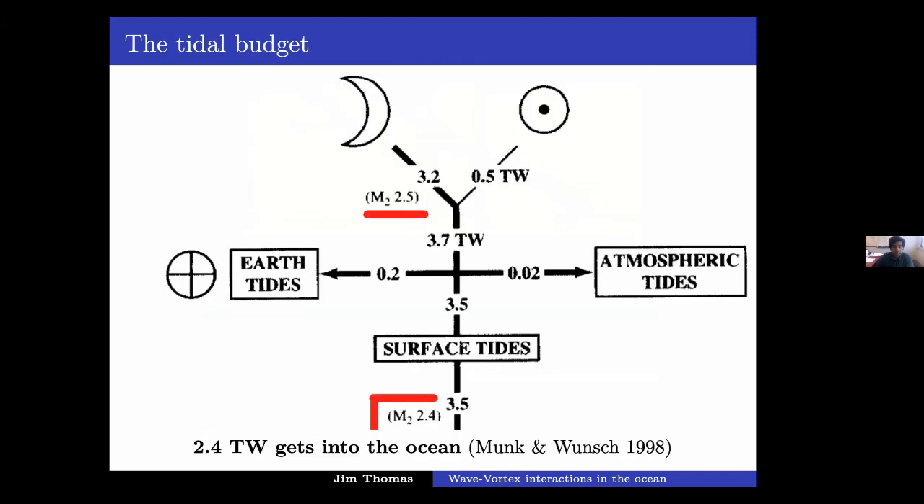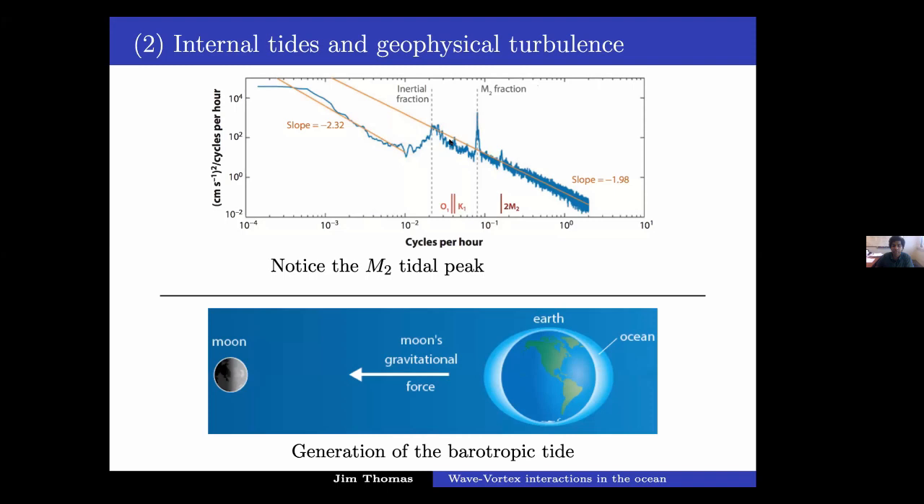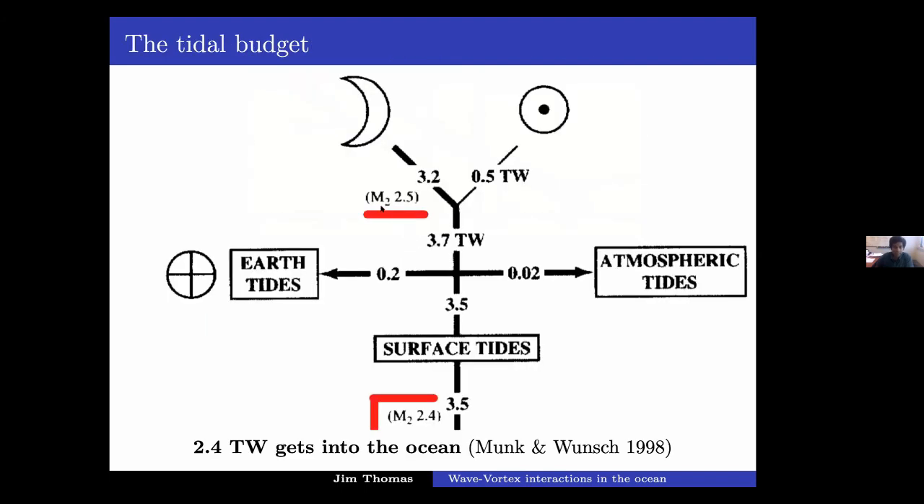So this is a figure showing the tidal budget of the entire planet. The moon contributes most of the tidal budget. Solar tides, as you can see, are about 0.5 terawatt, whereas lunar tides are about 3.2 terawatt. The M2 component is the dominant tidal component. In the frequency spectrum that we saw earlier, if you really stare at it, you can see distinct peaks that are much weaker. There are O1, K1, S2. These are all weaker tidal components. The M2 tidal component is the dominant one and puts in about 2.5 terawatts of the 3.2 terawatts